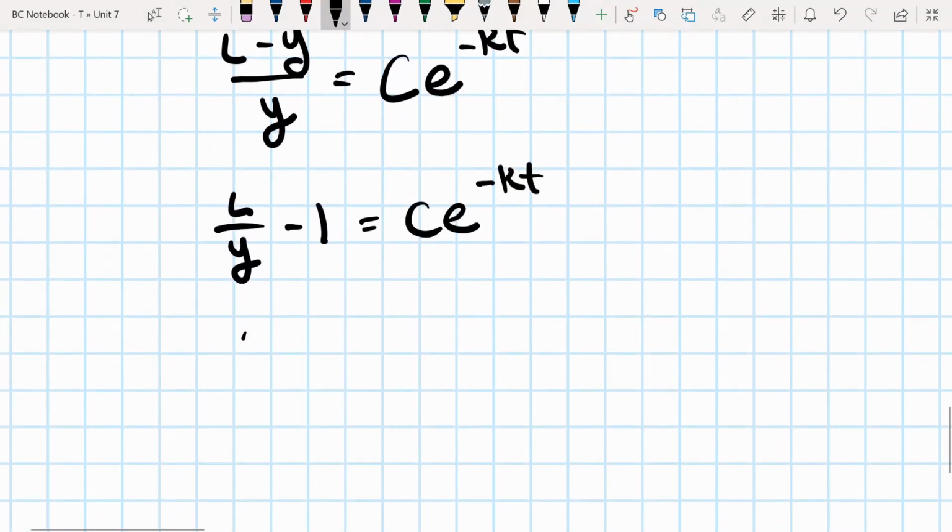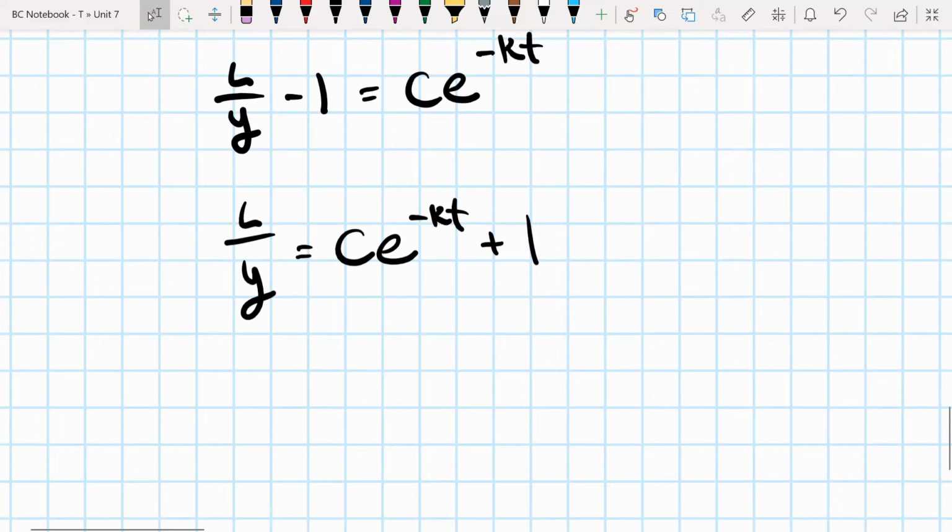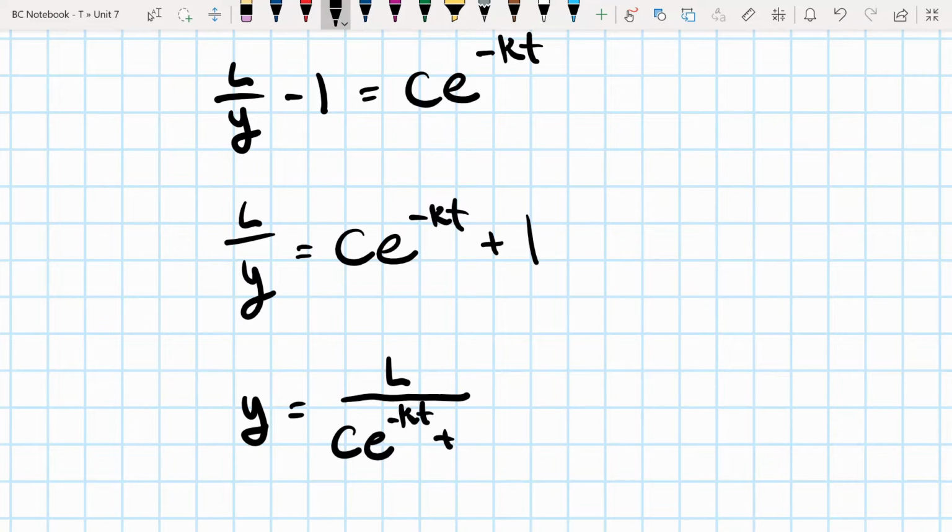And we're going to add 1 on both sides. So we're almost done. And then what we're going to do is basically, we could switch these around, multiply by y on both sides, and then divide by c e to the negative kt plus 1. And so what happens now is y becomes equal to L over c e to the negative kt plus 1,